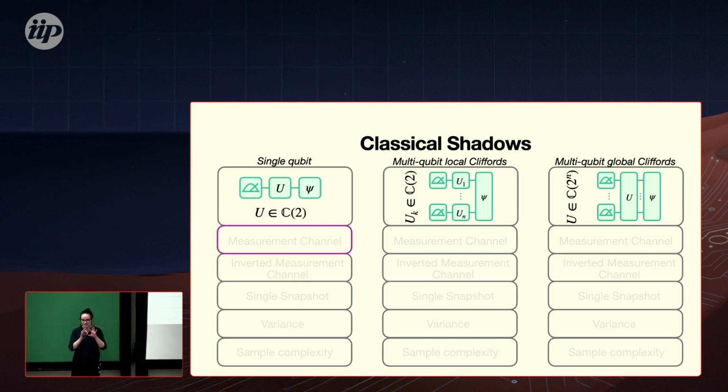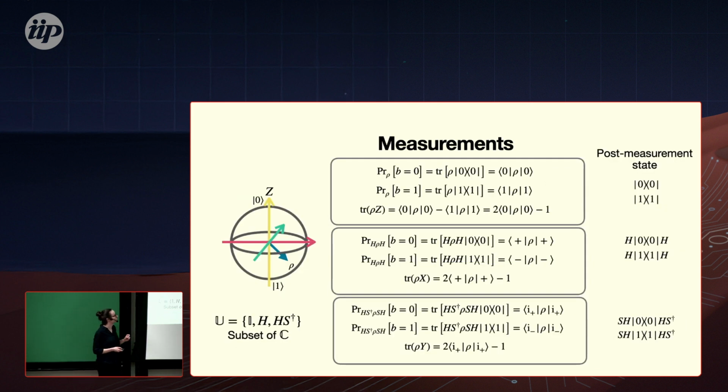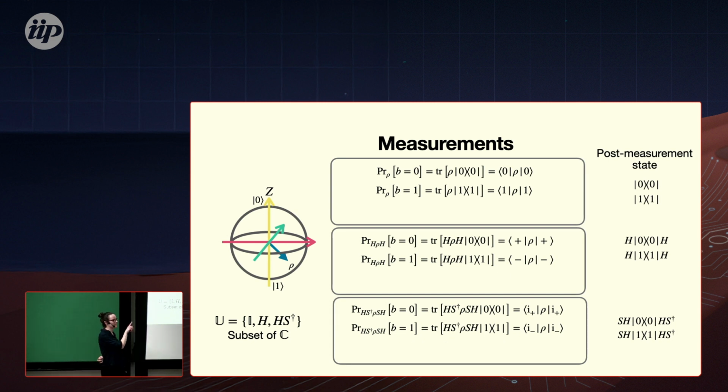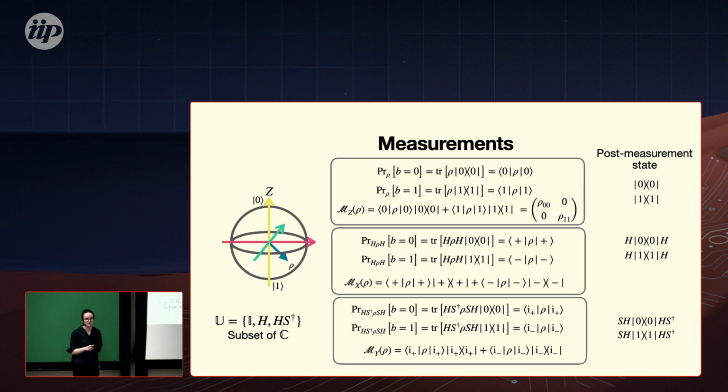So we will now look at the measurement channel. What is this mysterious object in the case of single qubit measurements? This slide looks familiar to you, right? We just used that. And instead of calculating these expectation values, where I don't care about the post-measurement state, what if I care about the post-measurement state? What if I want to look at what happens after my measurements on average in the hardware? This is characterized by the so-called measurement channel.